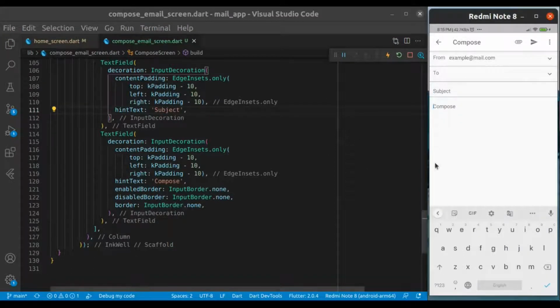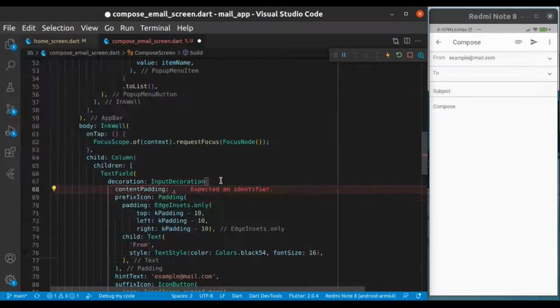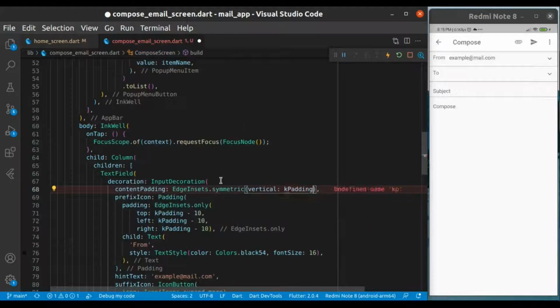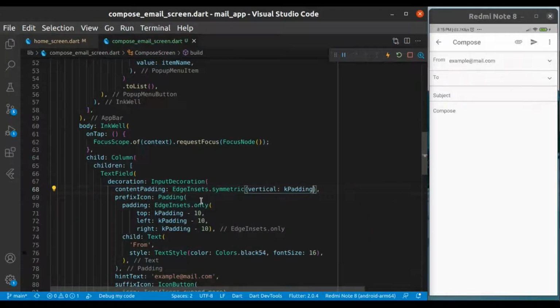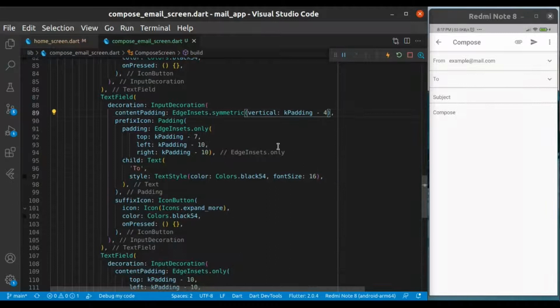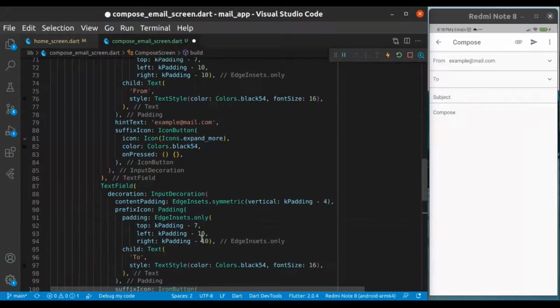Yeah, it works fine because prefix icon doesn't allow you to tap or write on top of it. That's why we have used hint text. Provide some content padding to the form element as well, the text field, tweak values, and it looks great. Just add some spacing and padding, change things, tweak by yourself.